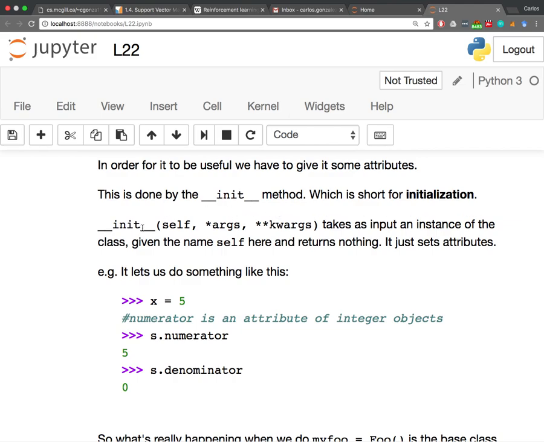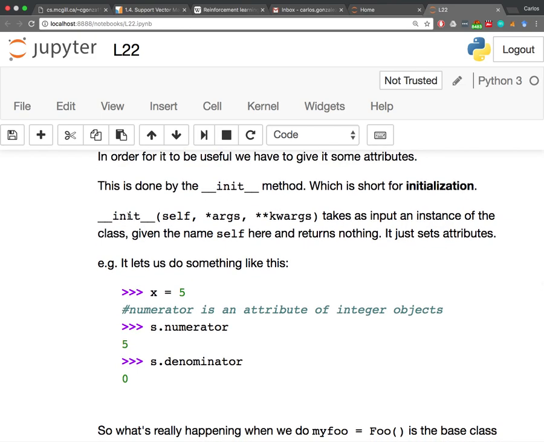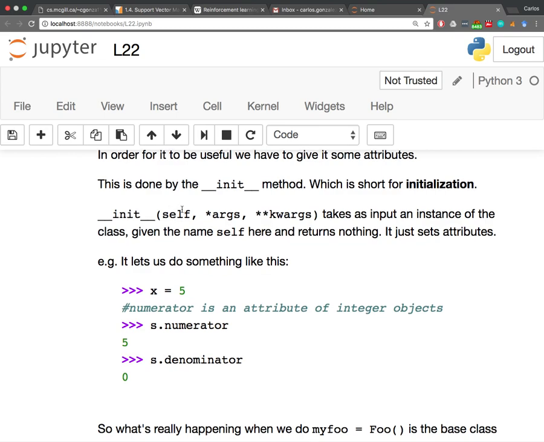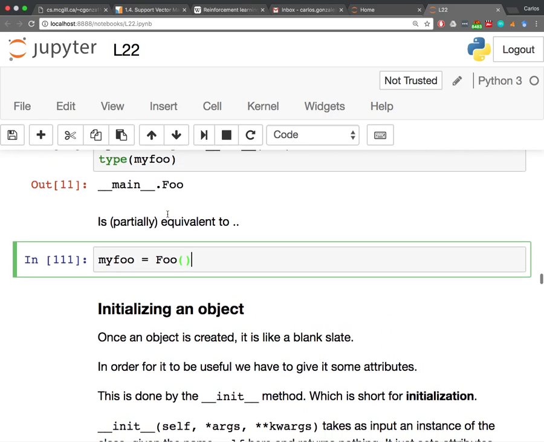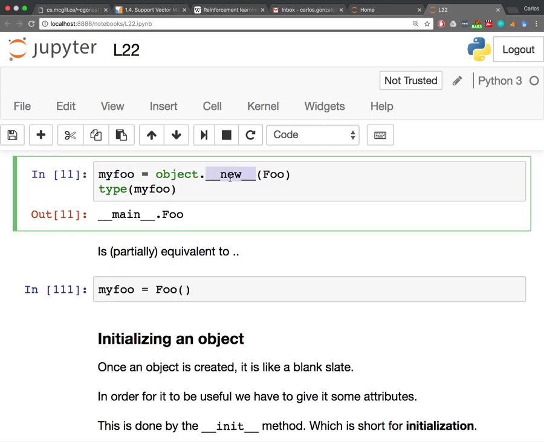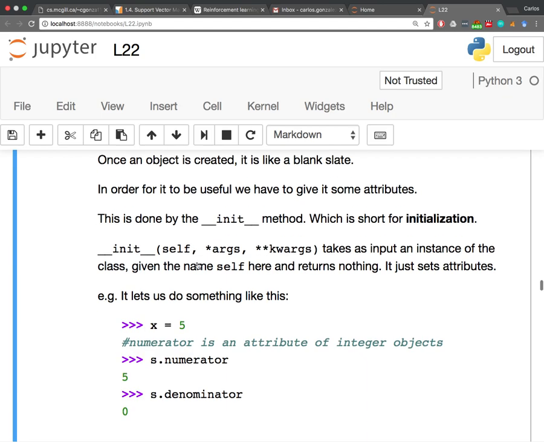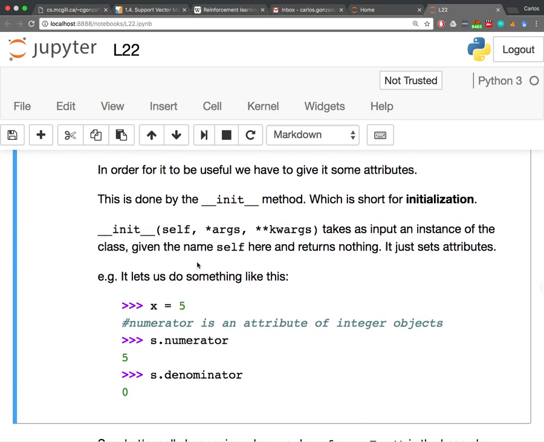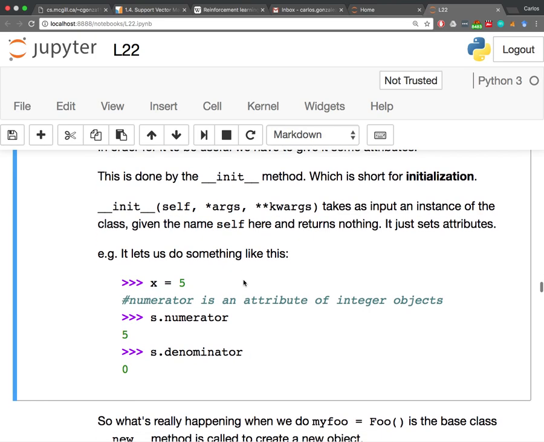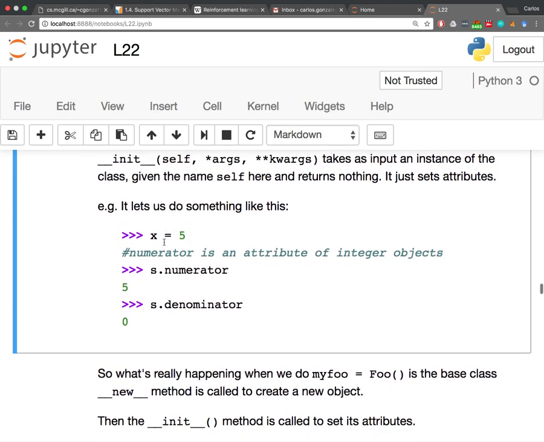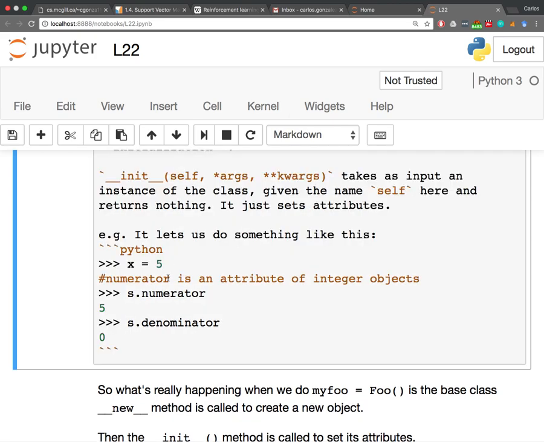And basically, it's just a function called init, and it accepts one mandatory positional argument called self, or whatever name you want, but basically this is an instance of the class, right? So here, my foo, and I use the new function, that spat out an instance of the class foo, right? So then I would be able to use this instance in my initialization function to set some attributes of it, okay? That way, once we figure out how to do that, we'll be able to do things like, for example, here, when I say x equals 5,